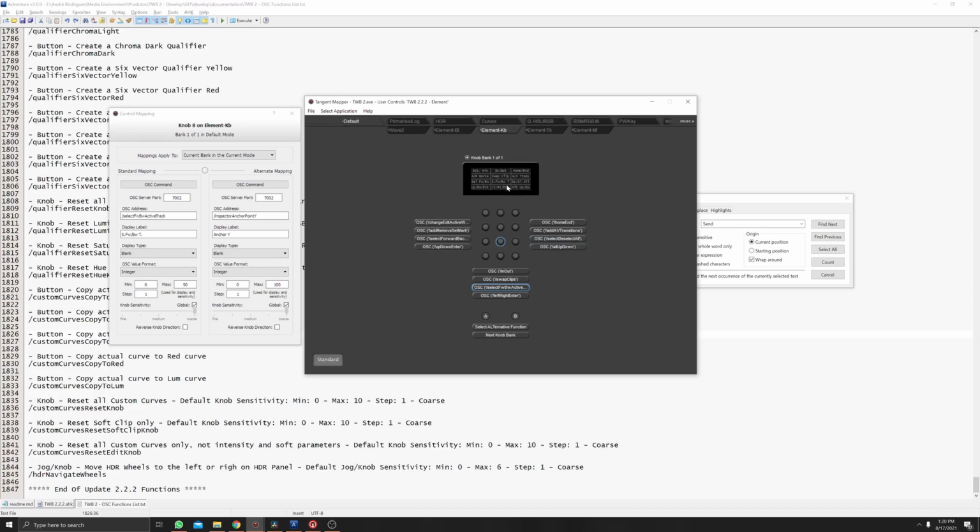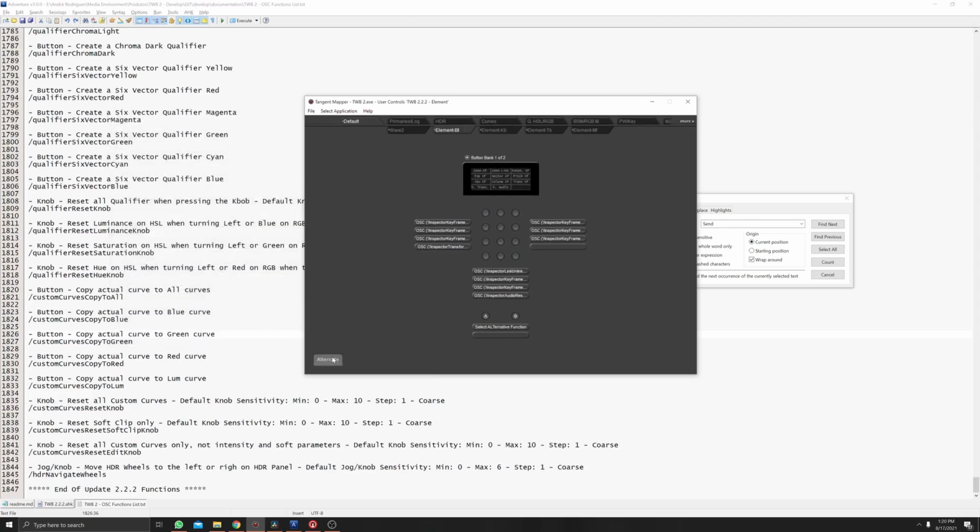Okay, so we have these functions here, and in alternate we have the inspector functions, so you can control zoom and rotation, position and volume, etc. So here we have knobs for edit and for inspector, same as here we have edit and inspector on alternate. On the trackballs, we can control our timeline zoom, move our timeline, and move the clip or the edit point one frame forward or backwards, exactly like in the Wave panel.